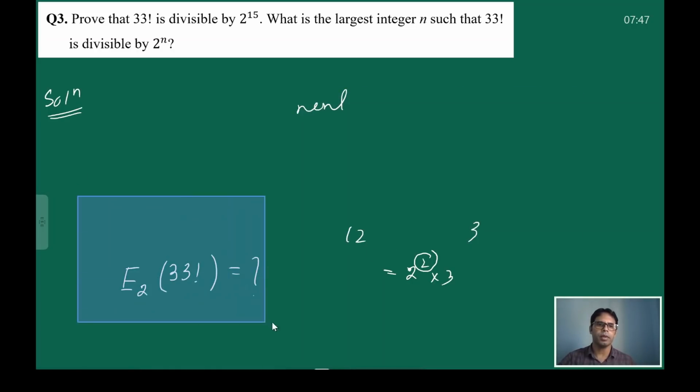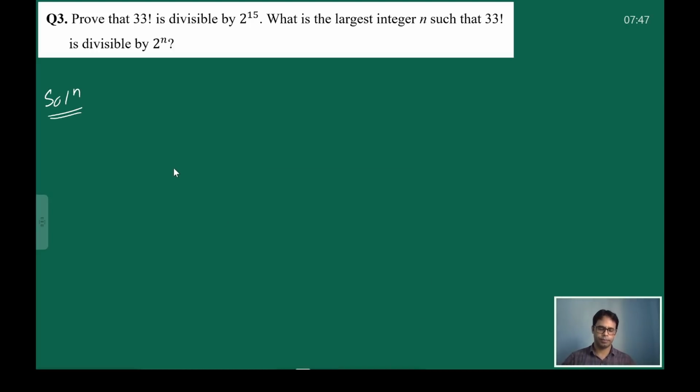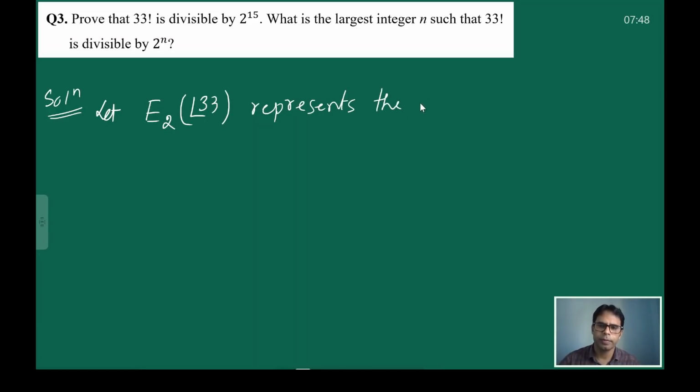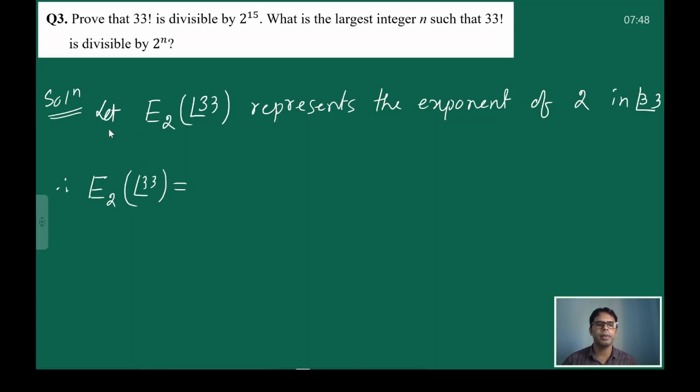I have erased this. Okay, see the solution. Let e2 factorial 33 represent the exponent of 2 in factorial 33. The exponent of 2 in factorial 33 is denoted by e2 of factorial 33. So therefore e2 factorial 33 is equal to e2 of